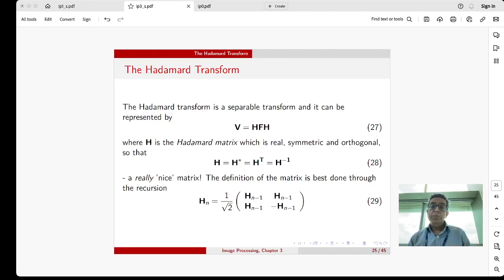What I'd like to do now, having looked at the discrete Fourier transform as one example of a general linear transform, is look at some others. And so the first one we're going to look at is the Hadamard transform. This is one that is interesting to look at and unusual because it has a really nice form of generation, and its calculation is actually pretty quick as well, because it usually simply involves adding and subtracting